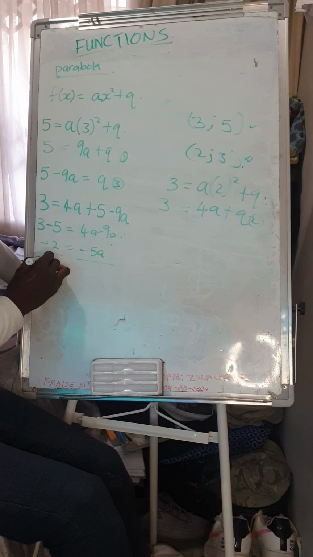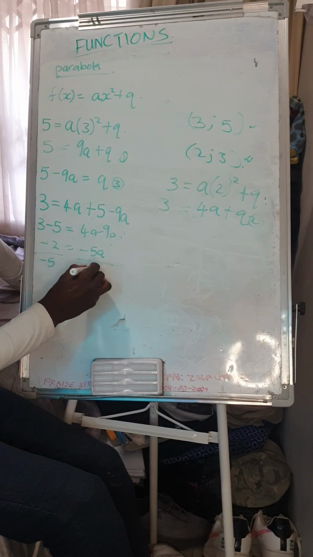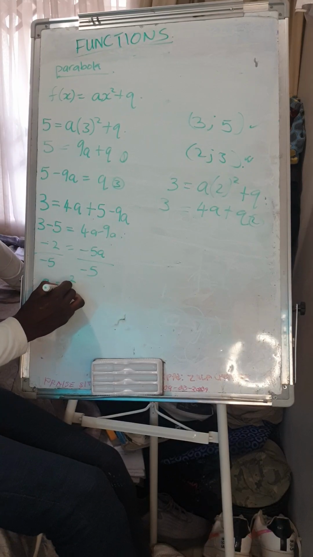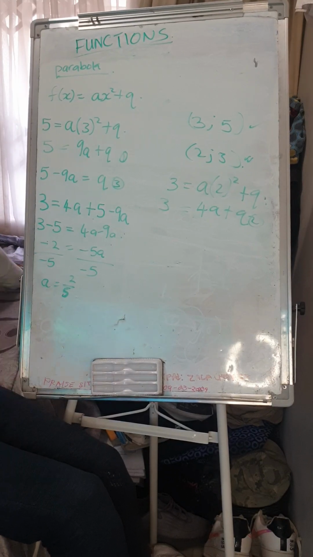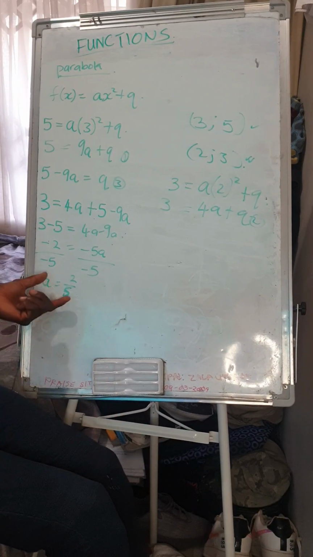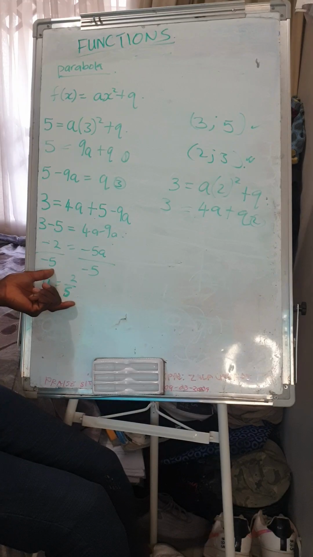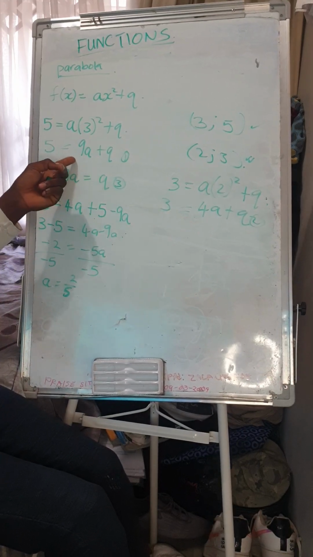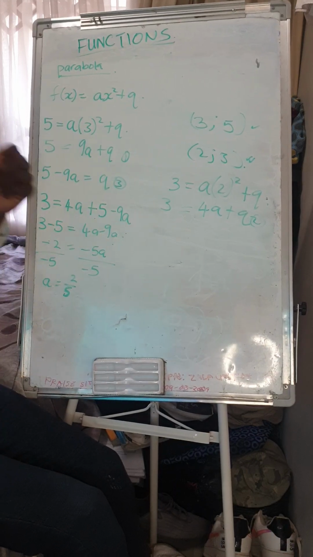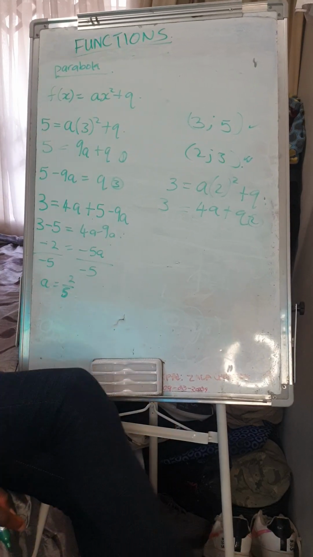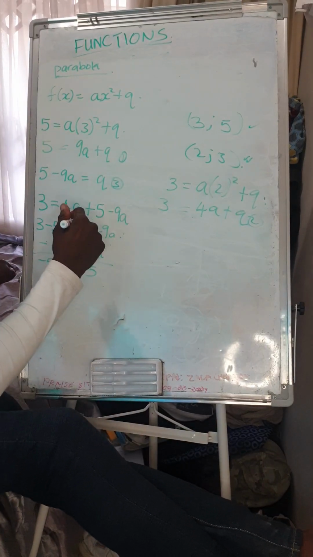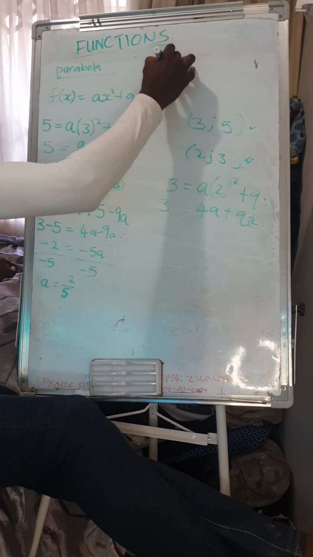Divide by minus 5. So a equals negative 2 over 5. What a beautiful fraction. Now we can take this value and plant it in equation 2 because 2 has smaller values. Even if you plant it in 1, you're still going to get the same answer. We're still looking for the equation. Now we have the value of a, 2 over